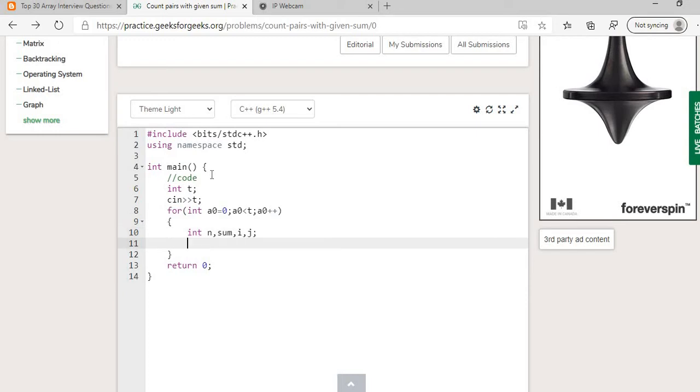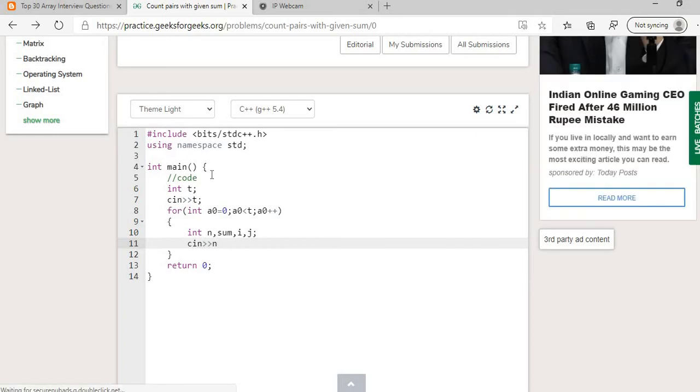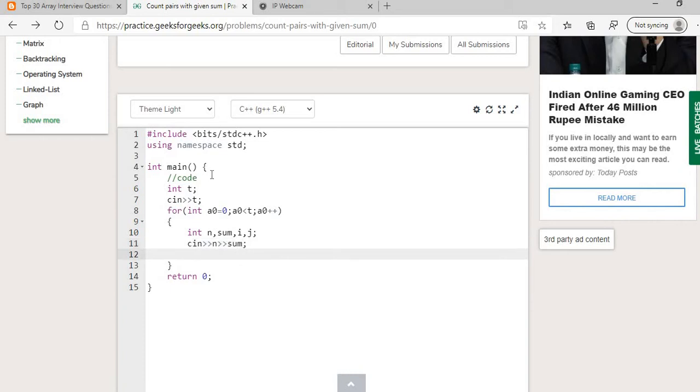Now take input n and sum, cin n and sum. I have made the number k as sum, so no problem in that. So int arr, initialize an array of length n. Now take the input in this array. I am taking input in this array.